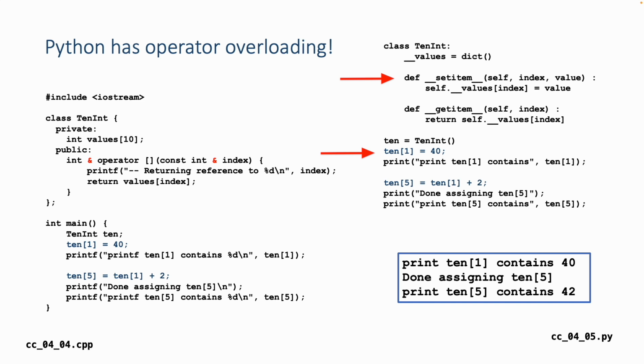And you can see, of course it worked, right? The three values are self, index, and value. Well, self is ten, which is the object instance. The index is the thing inside the square brackets. And the value is the result of the expression on the right-hand side. It's not just 40, but it's the expression on the right-hand side. And so that goes in, right? We see the print. ten sub 1, well, that is a right-hand side reference to ten sub 1. So that's going to call getItem. Self is ten, and then index is the 1. And we're going to just return it, and that's going to print out a nice little happy little integer, which is exactly the variable 40.